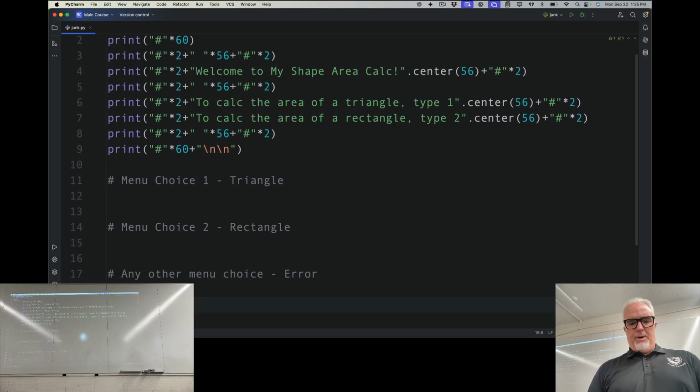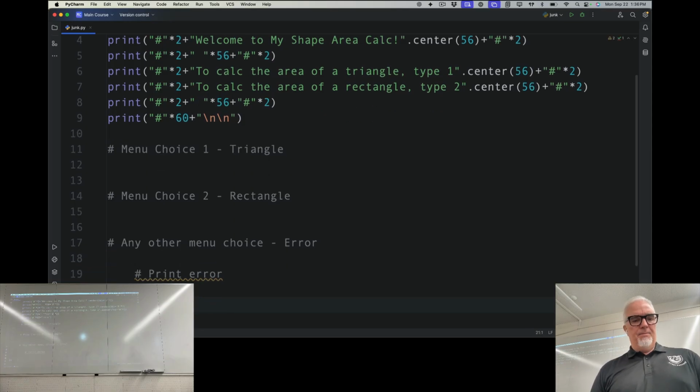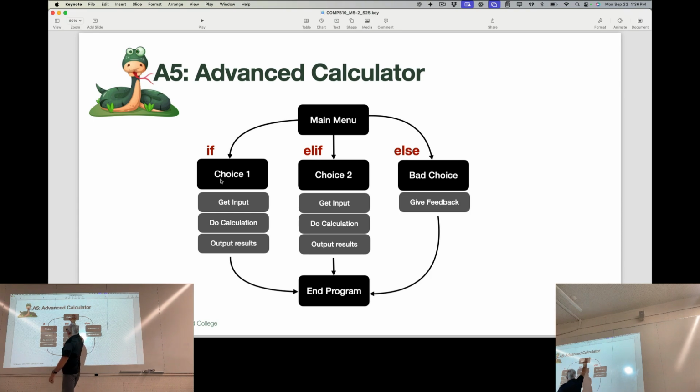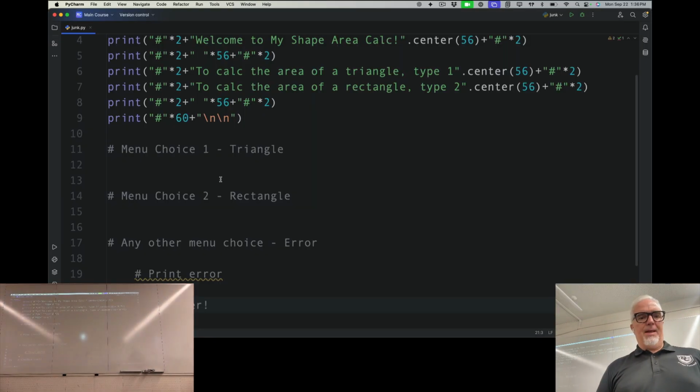Okay, so now for the error, all I need to do is print error. And then below that, I'm going to say goodbye to the user. Goodbye, user. Okay, there we go. So now, right, I got that. But I'm going back to this. So what I've gotten so far is I've told them about the main menu, and I've given them the choices. So I've commented each of these sections, and I commented this part. So now I'm going to go back inside each one of these and do the steps, right? So if I come back in here